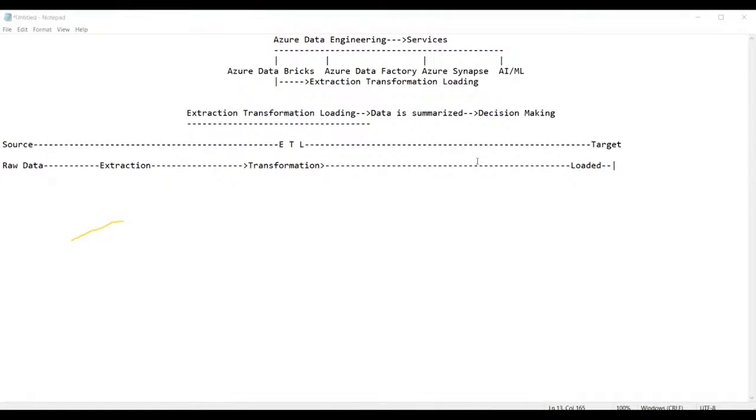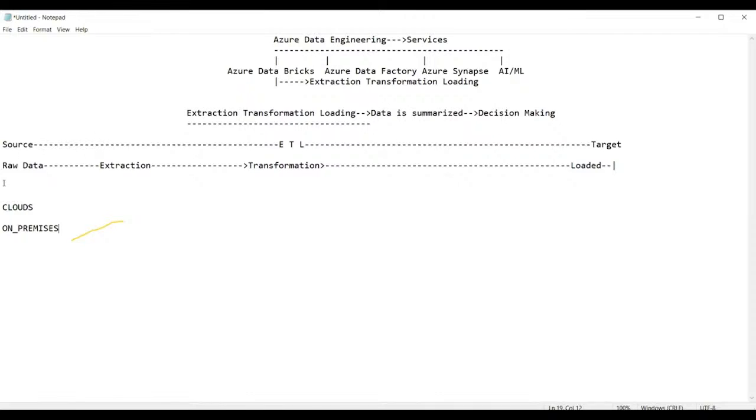Okay. So before we see some examples on how this process actually takes place, let us try to understand a few more things here, then we'll come back to this. Let us first understand what is a cloud and what is on-premises. Then we'll come back to this.